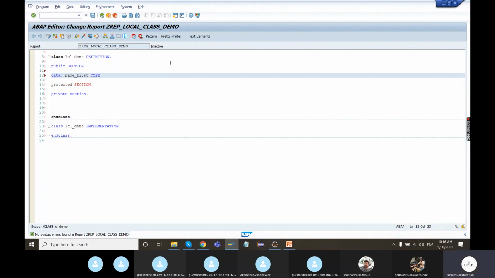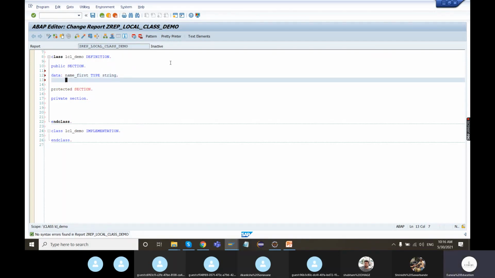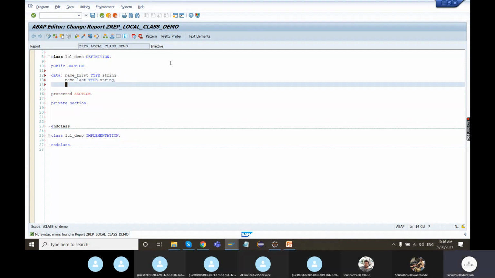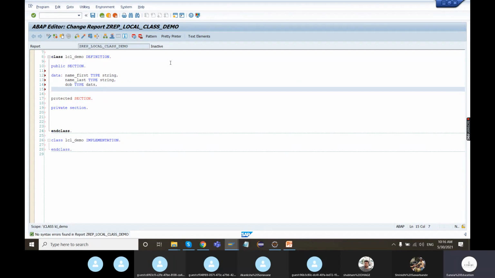We are using a variable for first name. Then he can have last name. Then he can have his identity, date of birth, let us say DOB. And a person can have a PAN number.